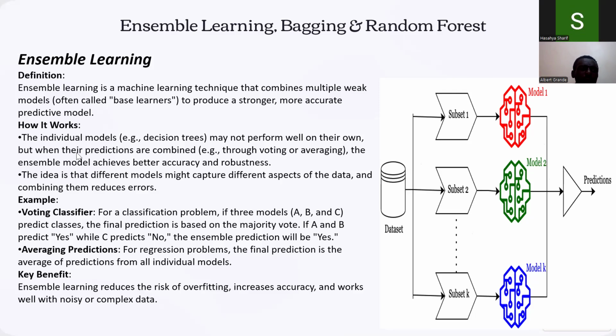So how it works, the individual models may not perform well on their own. So model 1 may not perform well and so on. But when their predictions are combined, model 1 and model 2, we can achieve better accuracy and robustness. The idea is that different models may capture different aspects of the data and combining them thus reduces errors. So for example, we have average predictions for regression problems. The final prediction is the average